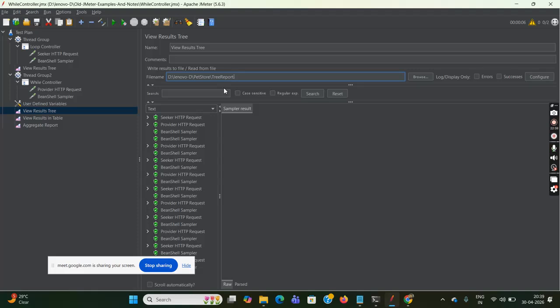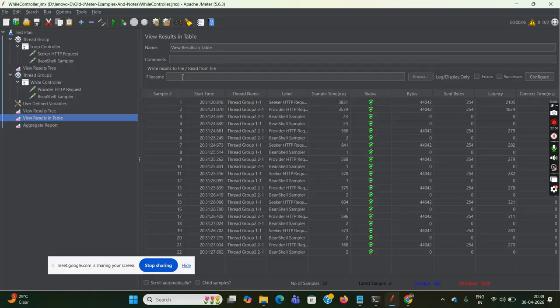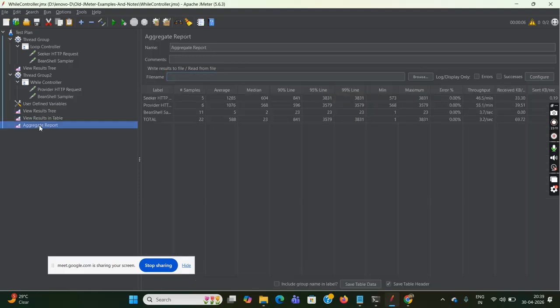Extension is a must, dot CSV. So when I run this now, it will create this report in this path, tree report.csv. Again, for example, this is a table. So again, if I want to execute this one, slash table report.csv, like this. And again, for example, in aggregate file name, say,